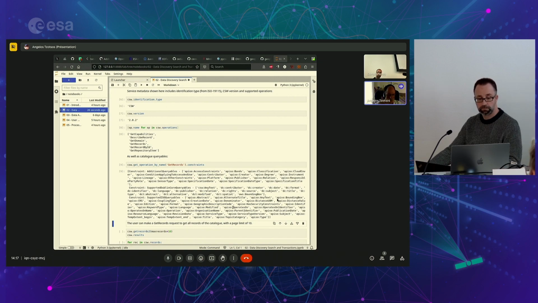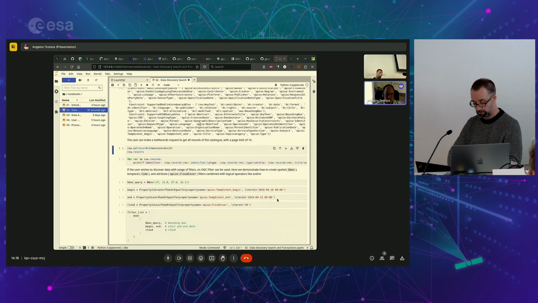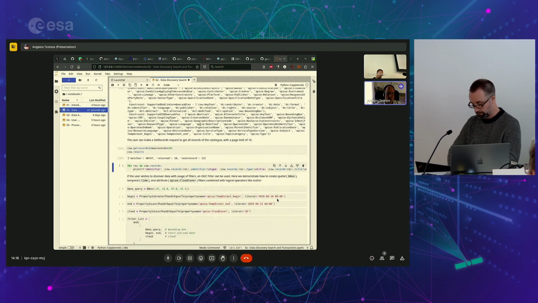Abstract and many other queryables that are defined in the core of the model. All right, and now I will do a generic get records request, which will give us all the results that exist in the catalog. So we have preloaded the catalog with almost 50,000 records. These are all being paged by the server, so the server will return them, of course, in pages of 10